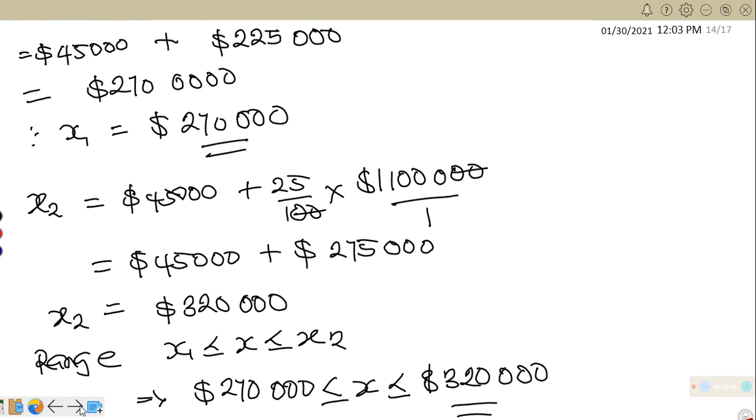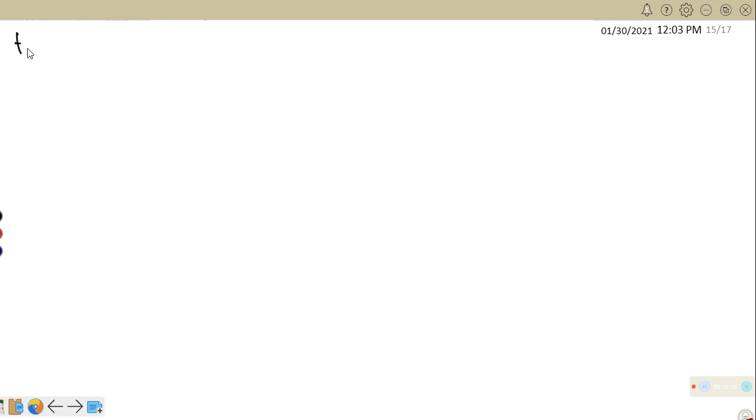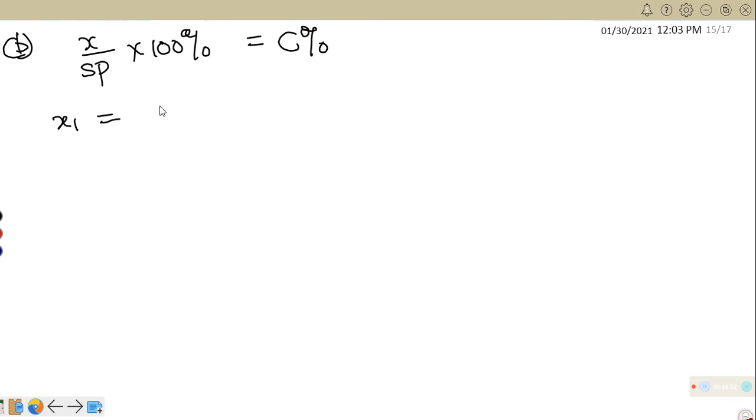So calculating how the commission changes, let's say commission over selling price times 100% equals commission percent. Let's call it C percent. So for X1, which is $270,000, we do X1 over selling price multiplied by 100 over 1, and that will give us